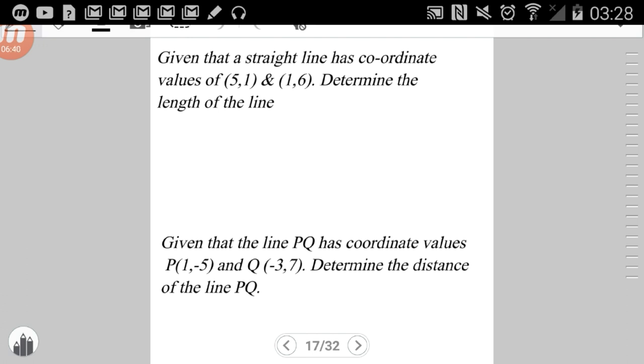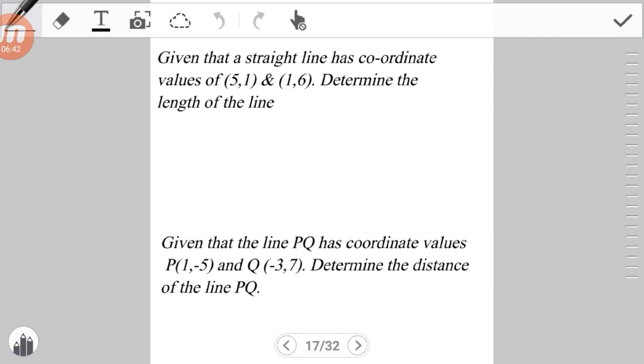All right, so the first example we're looking at is number 1. Given that a straight line has coordinate values of (5, 1) and (1, 6), you are to determine the length of the line. Right, and so this just requires a very basic application of the formula. So that's d is equal to the square root